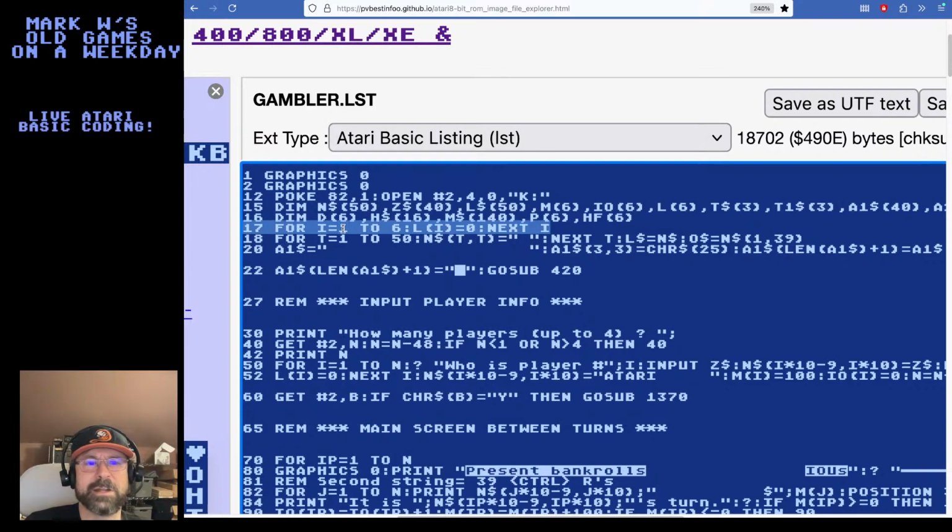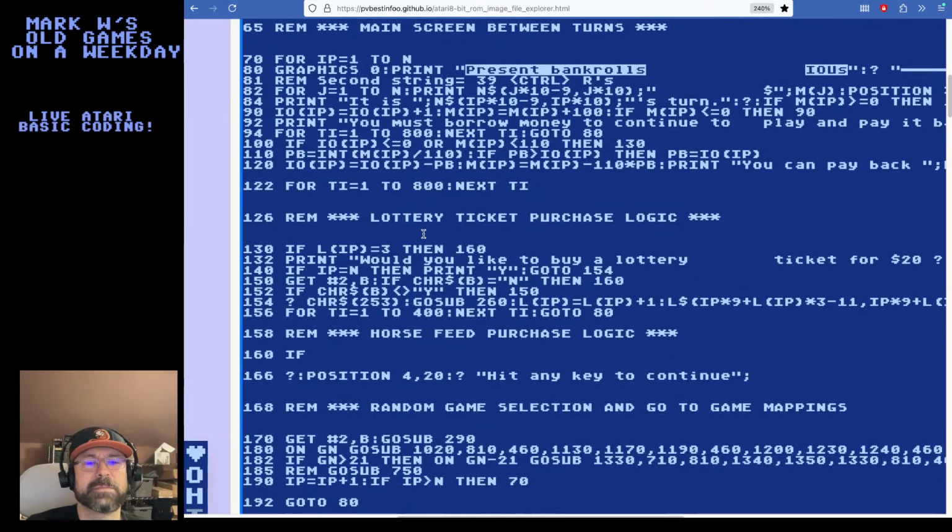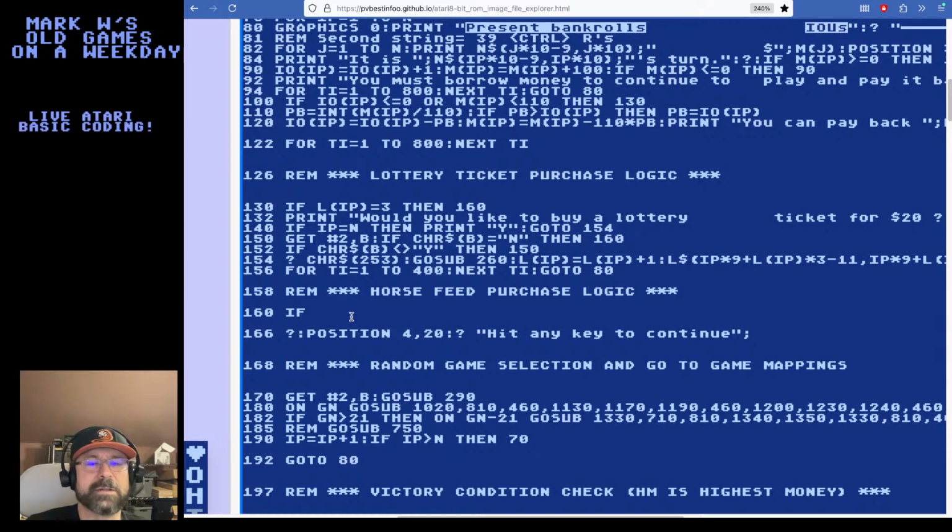And what I can see is they are looping from I equals 1 to 6 and setting all the lottery tickets to 0. So I will just squeeze in the same kind of thing here. So horse feed is 0 as well for every player at the start. Now let's go down here and we're going to say if horse feed for the current player equals 1, then we skip over that and go to 168. But I'm realizing I have very few lines of code to work with. So what I might do is